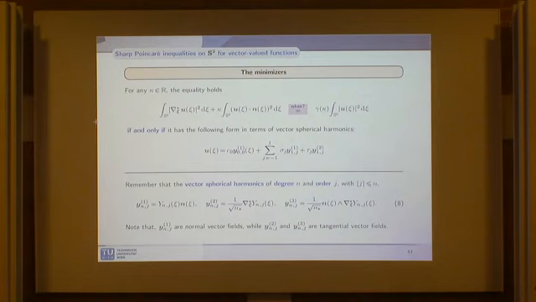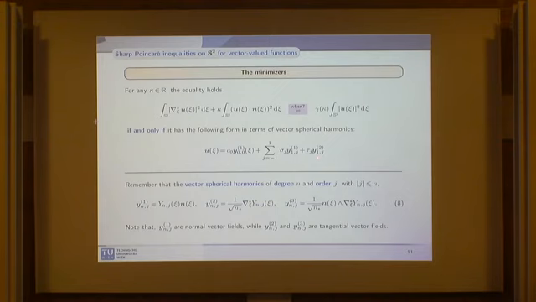Then by taking the surface gradient of Y_lj, and taking what is called the surface curl of Y_lj. You can see that these two vector fields are really tangential, but this one is along the normal. And you see that this vector spherical harmonic does not play any role in the minimizer. So you will have this one which is along the normal, this one which is along the normal as well, and then the tangential part of the vector field just comes here.